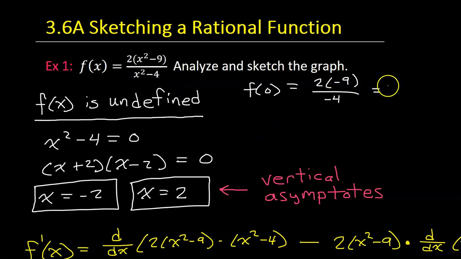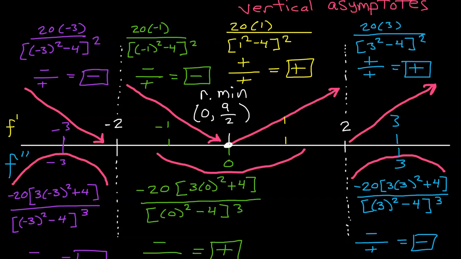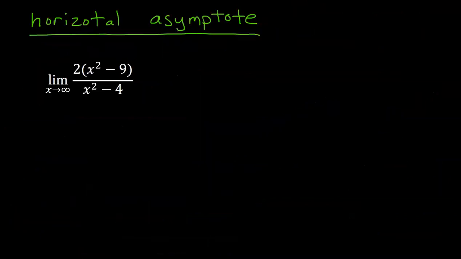So that's going to give us a value of -18 divided by -4, which reduces down to a positive 9/2. So there we have a relative min at 0, 9/2, which is 4.5. Next, we need the